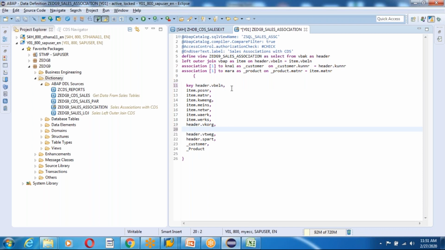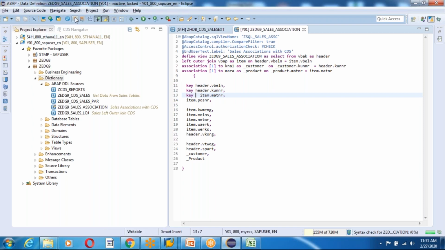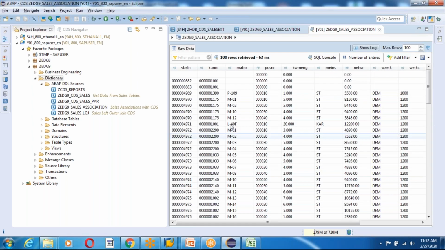and also I would like to have another key fields. Okay, Control X and Control V, and make this a key field. And also I have a material number, Control X and Control V, and put this field as a key field. So now you can see, activating the CDS. So now CDS is successful and F8,